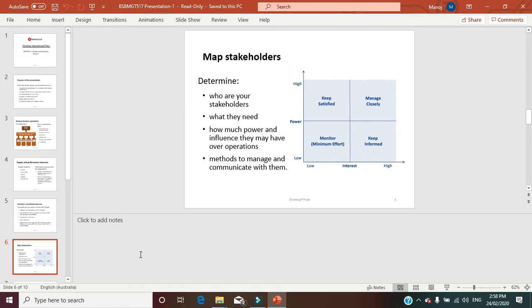Then monitor. How is the monitor? It means minimum effort. You don't have to really do much about it. Keep informed. So this is some of the information for keeping your stakeholders on board and keeping everyone happy at the same time. So the information could be